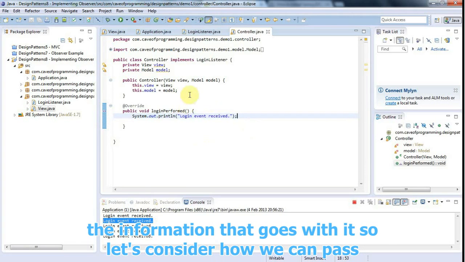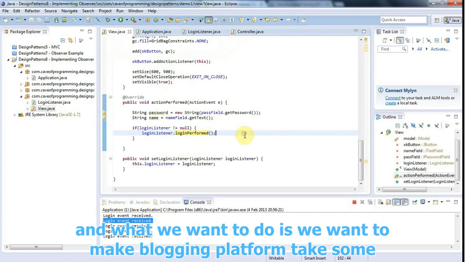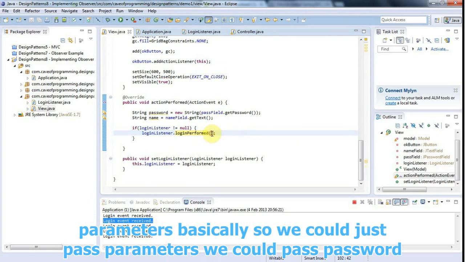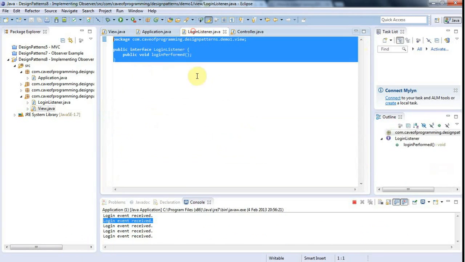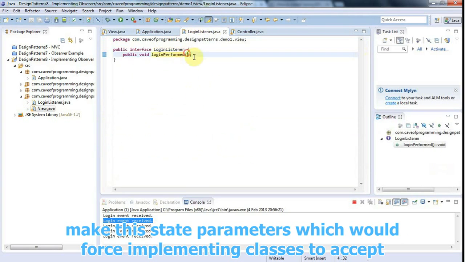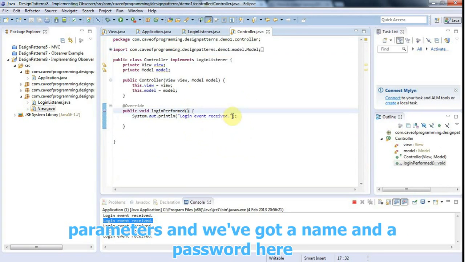So let's consider how we can pass information now from our view class here to our controller class, from the subject to the listener. And all we want to do is make login performed take some parameters, basically. So we could just pass parameters. We could pass password and name to login performed, and in the interface here we could make this take parameters, which would force implementing classes to accept parameters, and then we'll be able to output the name and